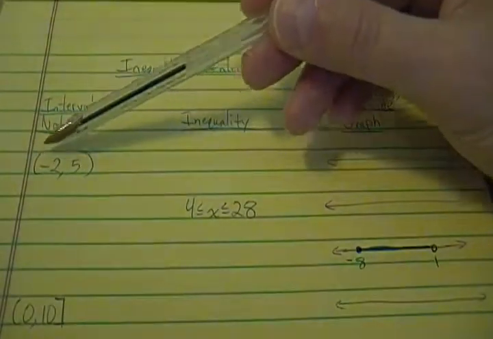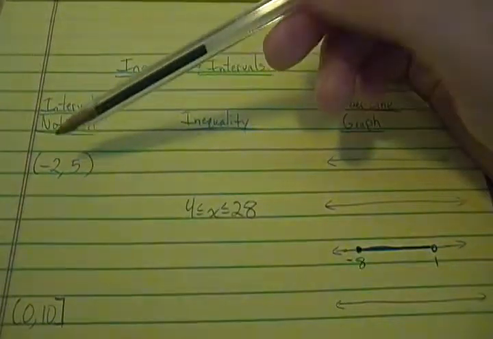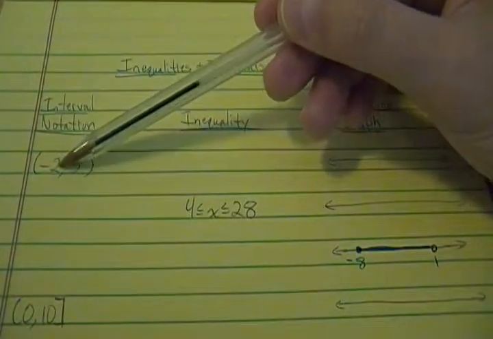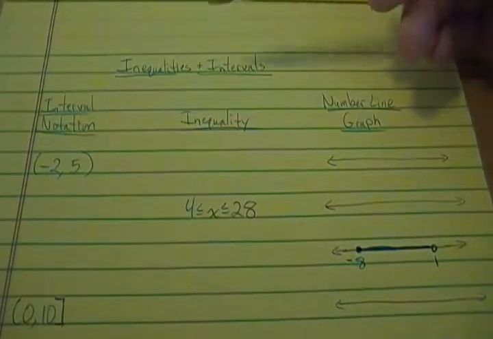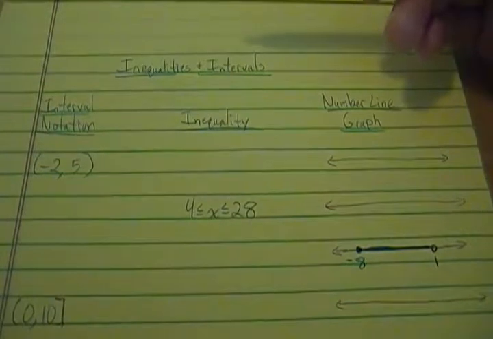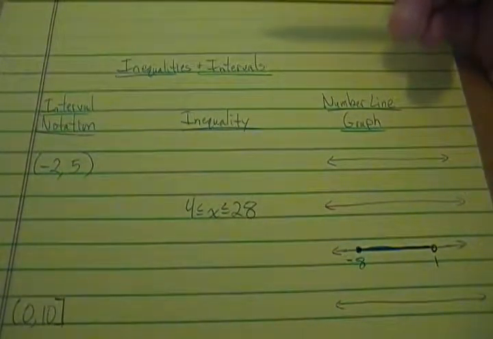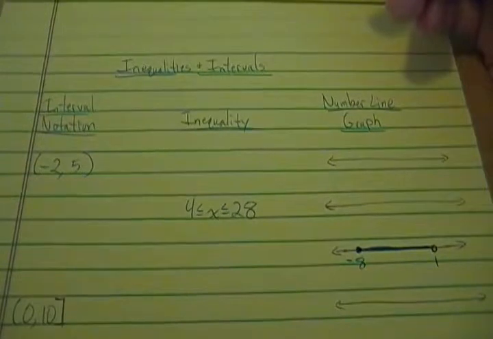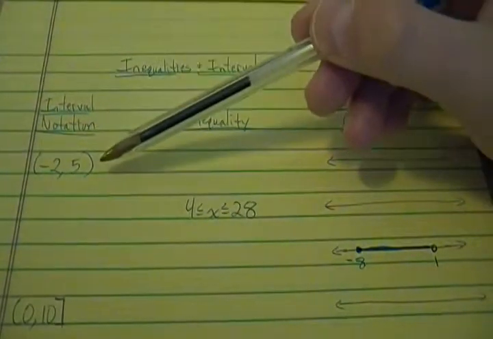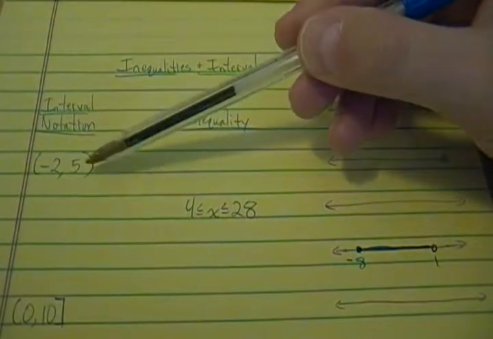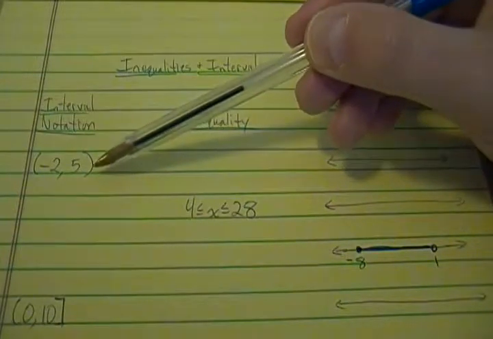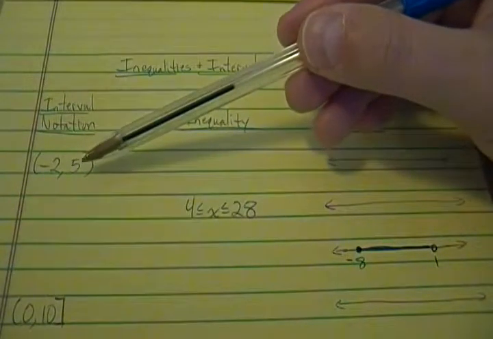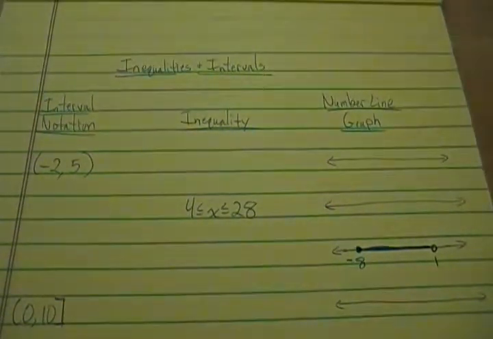But the parentheses around our numbers here mean something as well. The parenthesis next to the -2 means that the -2 is actually not included in the interval. So we can use numbers like -1.9, -1.99, -1.99999. We can get numbers really, really close to -2, but not actually -2 itself. And the parenthesis next to the 5 on the right side means the same thing. Our numbers can get really close to 5, but this parenthesis means that the 5 is not included. So we can do numbers up to like 4.99999, but never actually have 5 as part of our